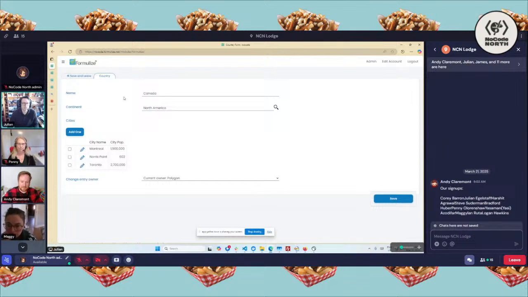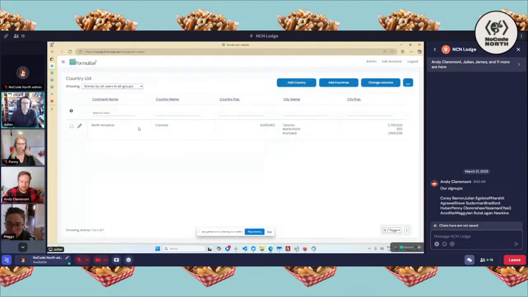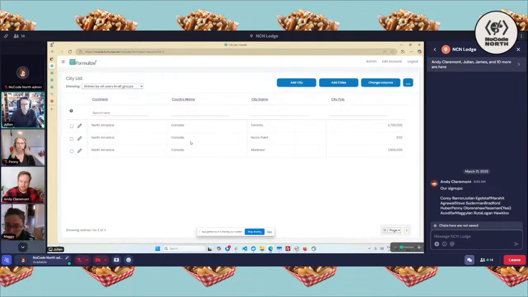We have countries. Actually, I'm just going to switch this to North America. We can also look at the cities alone. So there's 3 cities, if you know your database is like one to many, etc. And that's all modeled automatically in the system based on the